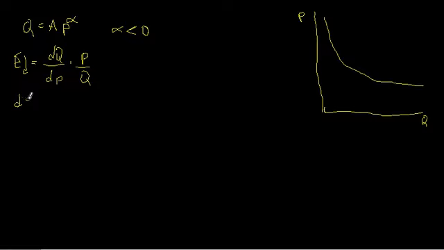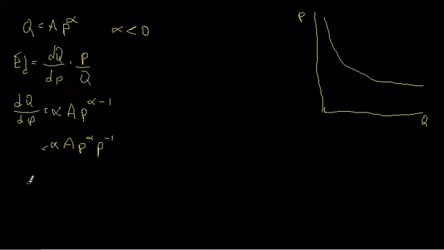Well, first we can find dQ/dP, and that's going to be alpha times A times P raised to the alpha minus 1 power. And we can attempt to simplify that a little bit by recognizing that that's equal to alpha A P to the alpha